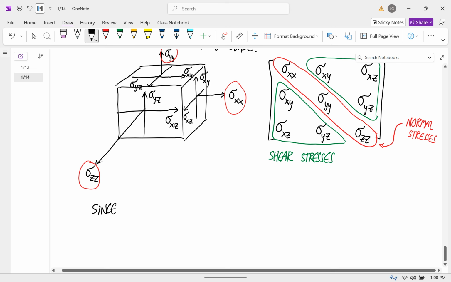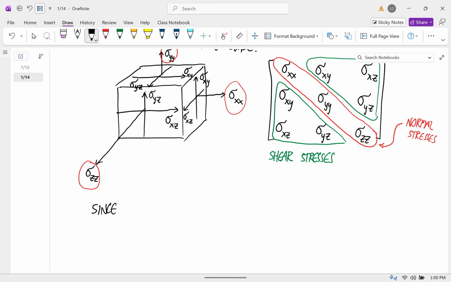Since normal stresses and shear stresses are fundamentally different, like they're doing physically different things,